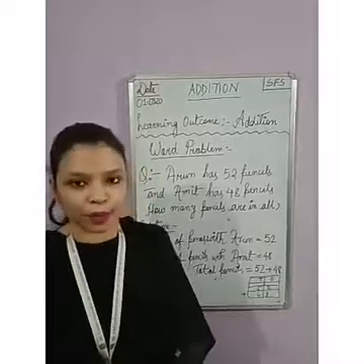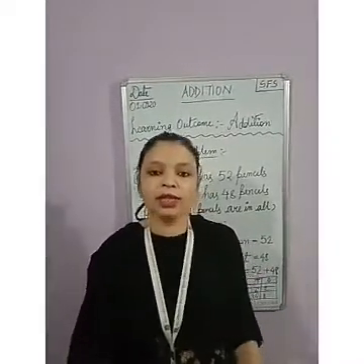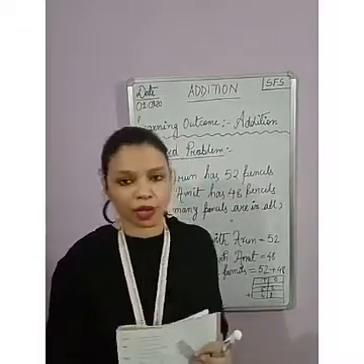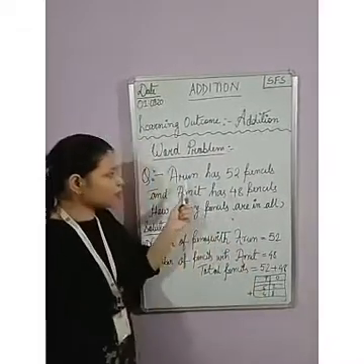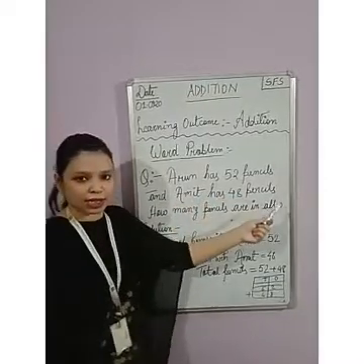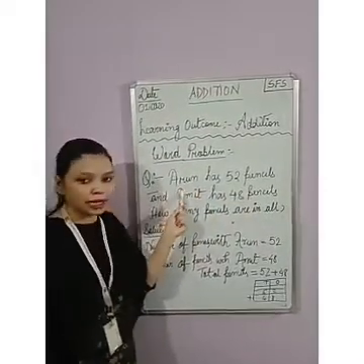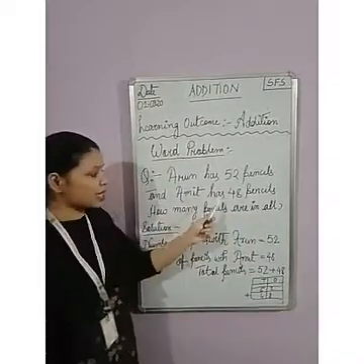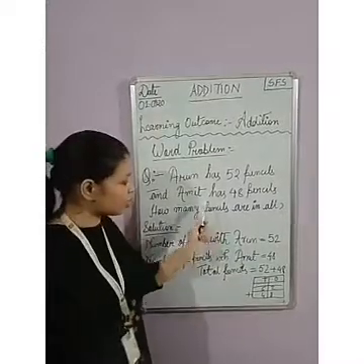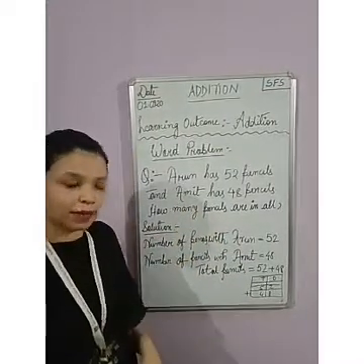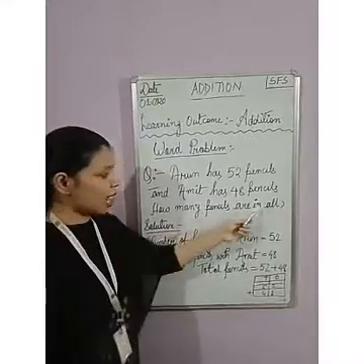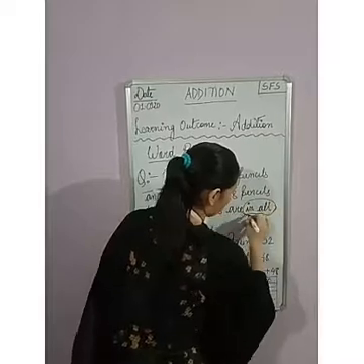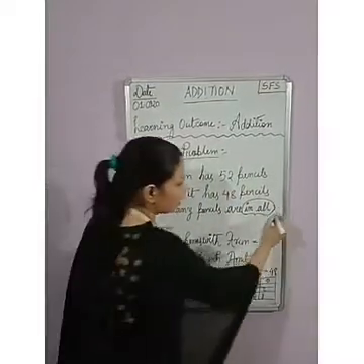This is the word problem. In a word problem, we get a real-life situation, that means real things that happen in our life. I have taken one example here. Arun has 52 pencils. Arun is the name of a person and he has 52 pencils. And Amit has 48 pencils. Amit is also another person. He has 48 pencils. How many pencils are there in all? In all is another word for addition.